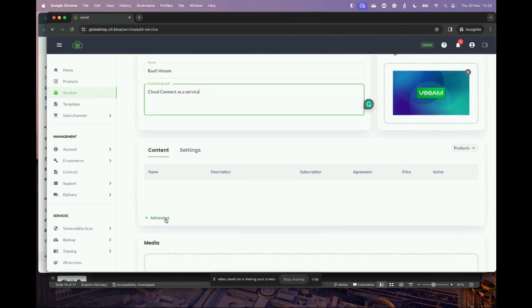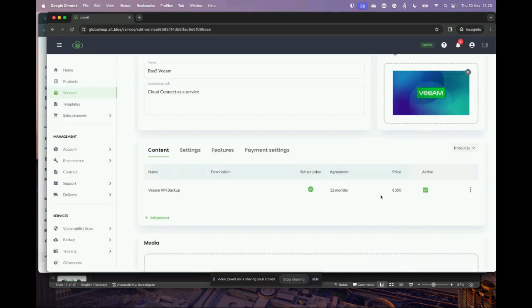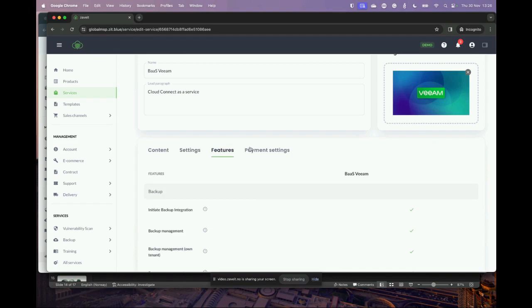And of course, the next step would be then to add the product itself. So I'm selecting the product, adding it in. I can say, who do I want to make this available for? Should everybody of my customers be able to buy it? Or I can actually, if I have multiple customers, restrict it as well.